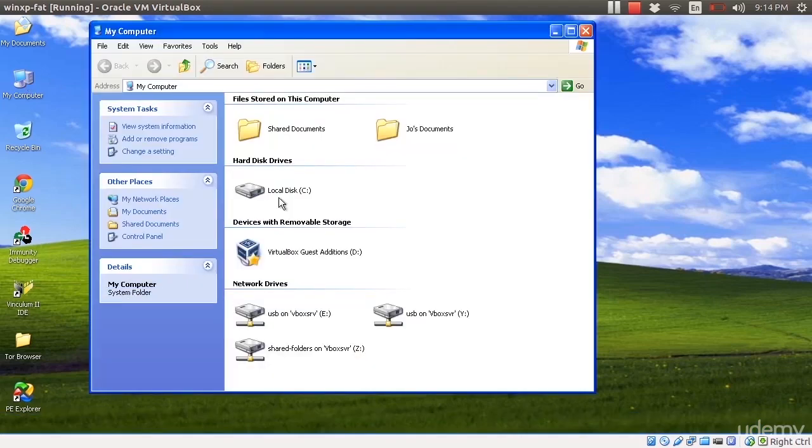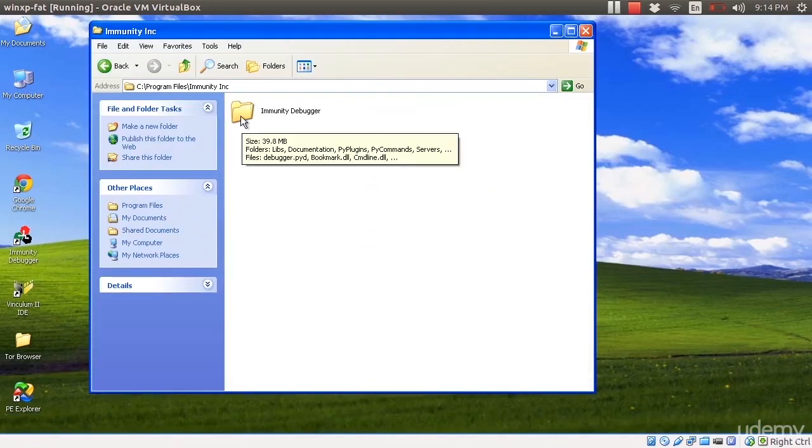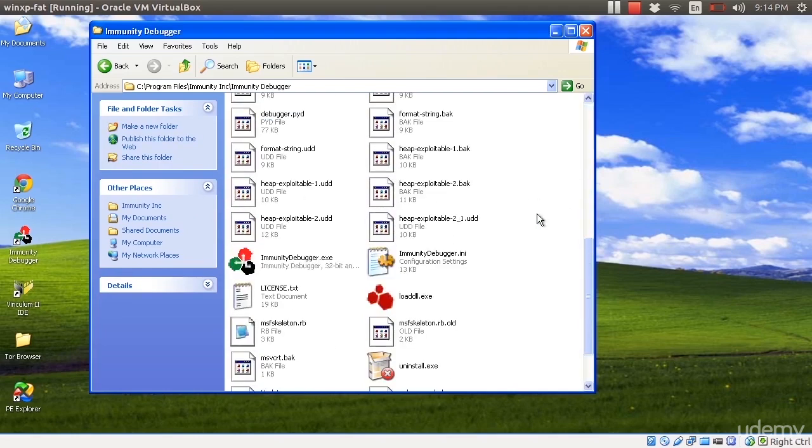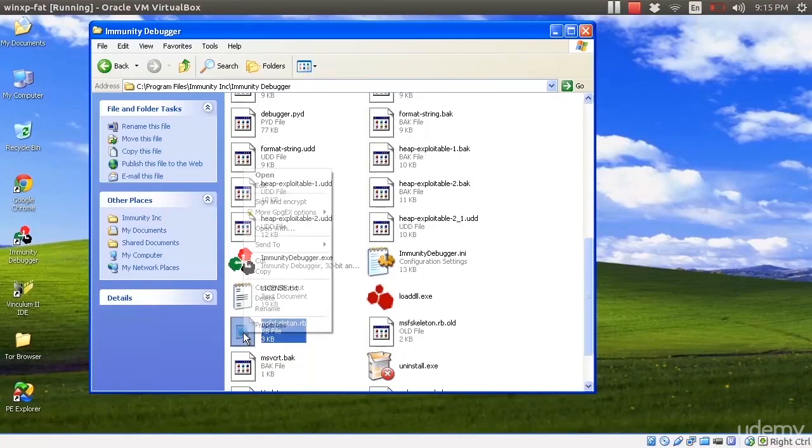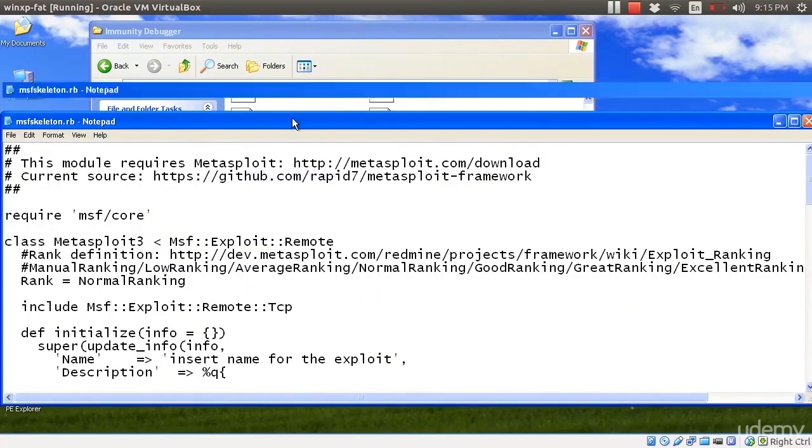So if I go back out to the disk, I go to Program Files, Immunity Inc., Immunity Debugger, and I should see something called msfskeleton.rb. It's a Ruby file. Ruby is the scripting language that is used for Metasploit stuff. So now what is probably most convenient is to take that script and copy it back onto your Linux system. For me, that means taking this skeleton and putting it onto my shared drive between my two systems and editing it from there. Before I do that, I just wanted to open it up really quickly